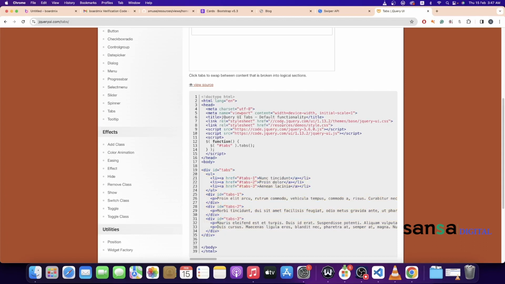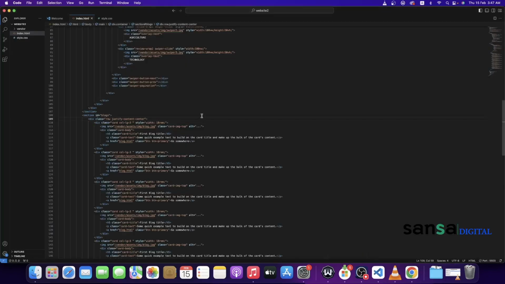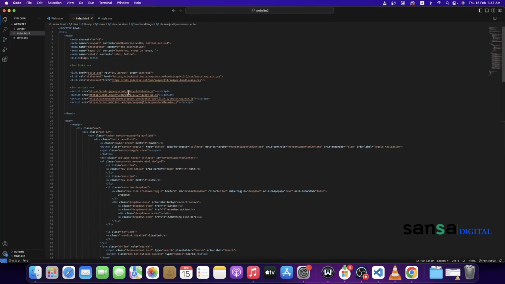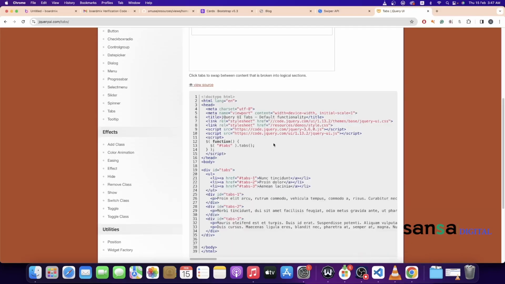First, we're going to need to import these two styles, of which I've already imported them. That's why I was telling you they are really important. This is jQuery UI and jQuery, because most of the components for front end are going to be using jQuery. So it's good to just include them without a second thought, so that you don't encounter